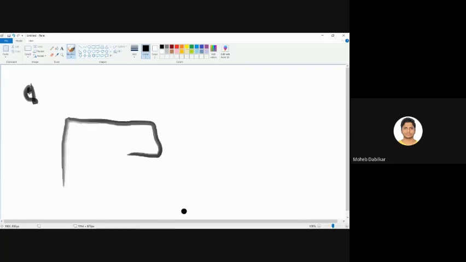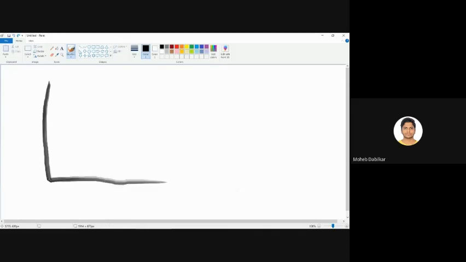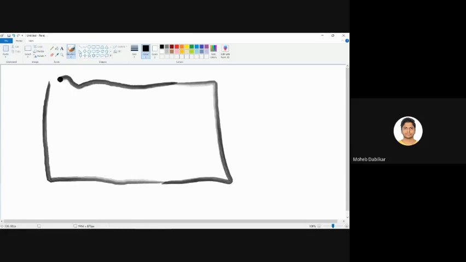So this is a function. Yeah, so this is your function, and then you have something inside your function.